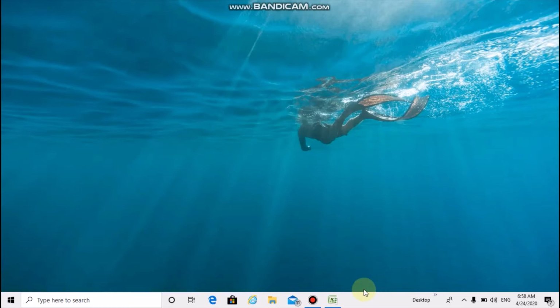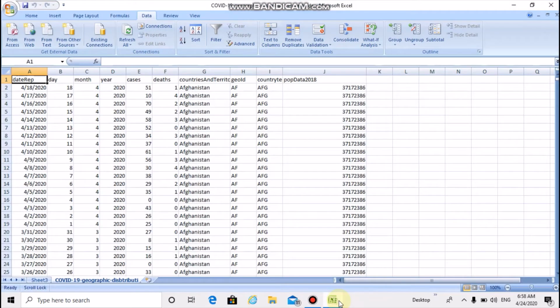For example, I am having one Excel file here. This is of COVID-19 cases. I'm having around 11,000 records, country wise, date wise, how many cases, how many deaths. So here the data is very huge, 11,000 data. If you want subtotal each country wise, you can use this option very easily. You can find a country wise subtotal. So I'm going to show you how to use it.